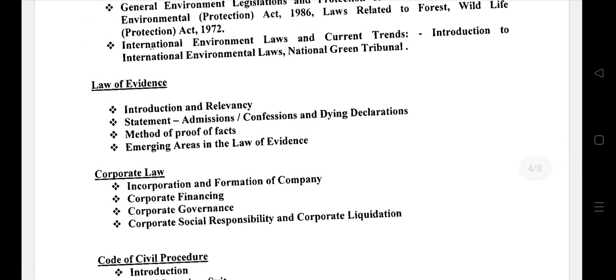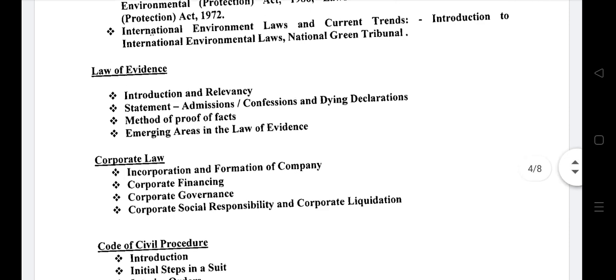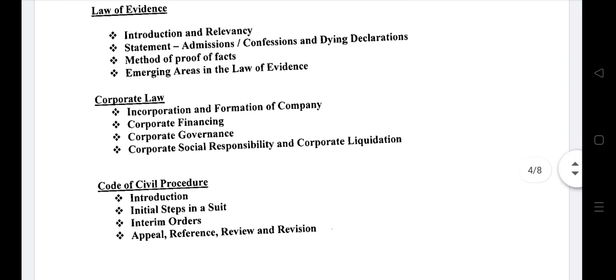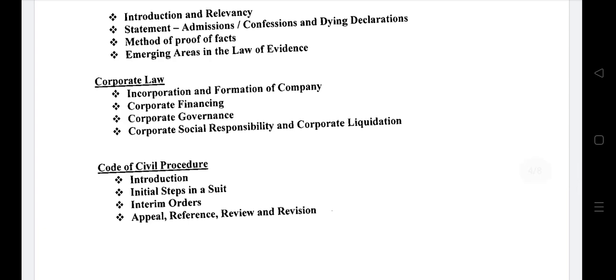From Law of Evidence, you have to cover Introduction and Relevancy, Statement, Admission, Confession and Dying Declaration, Method of Proof of Facts, Emerging Areas in the Law of Evidence. From corporate law, you have to cover incorporation and formation of company, corporate financing, corporate governance, corporate social responsibility, and corporate liquidation. From CPC, you have to cover introduction, initial steps in a suit, interim orders, appeal, reference, review, and